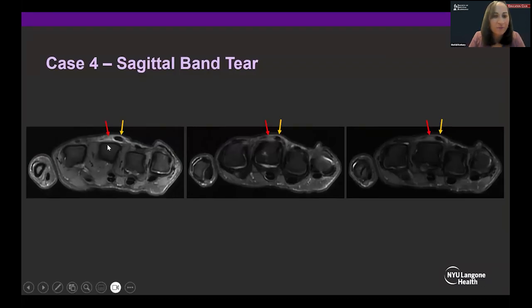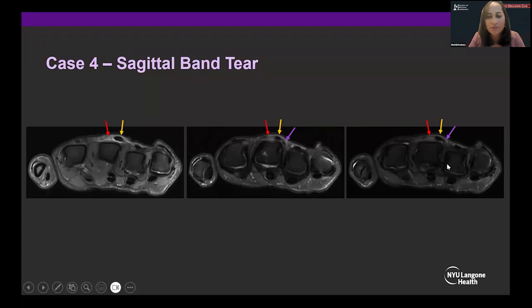So here with our red arrow, we can see a fluid-filled defect where in the expected location of the radial sagittal band. Here's our extensor tendon that's ulnarly subluxed. And then here with our purple arrow, we see the ulnar sagittal band. There is some signal hyperintensity in that sagittal band, so there is a low-grade injury, but we do still see